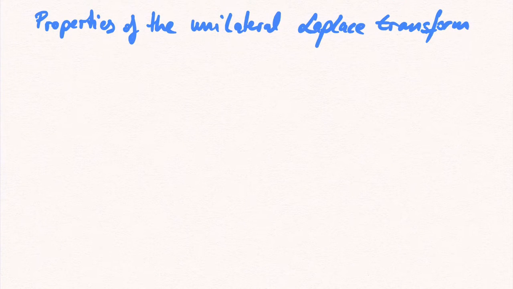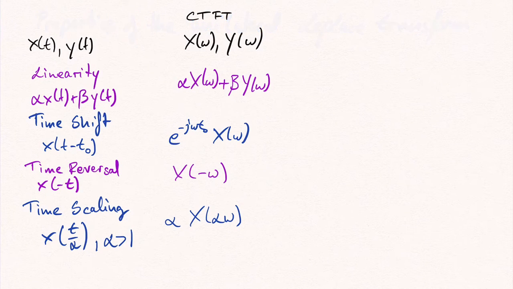The properties of the unilateral Laplace transform are very similar to the properties of the Fourier transform. Hence, it makes sense to go through the properties and directly compare them to the properties of the Fourier transform. This is a list of some properties of the Fourier transform. Let's compare them with the properties of the Laplace transform and denote the Laplace transform of x as capital X